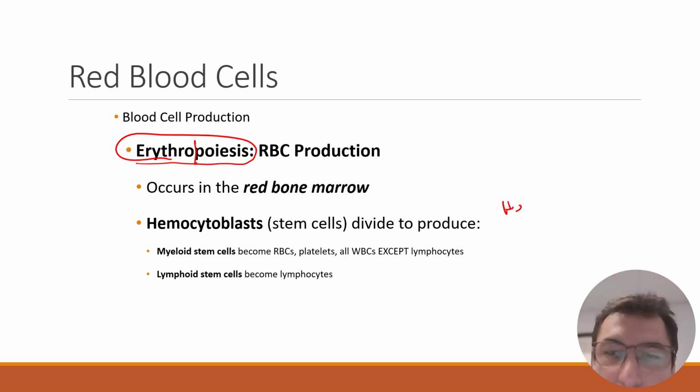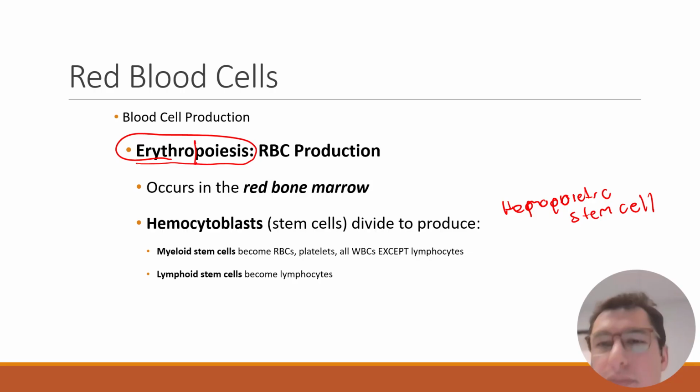We're gonna call it hemopoietic stem cell, which is basically this one right here, the hemocytoblast. So this is another name that is used, hemopoietic stem cell, and it is from the hemopoietic stem cell that we will go into a colony